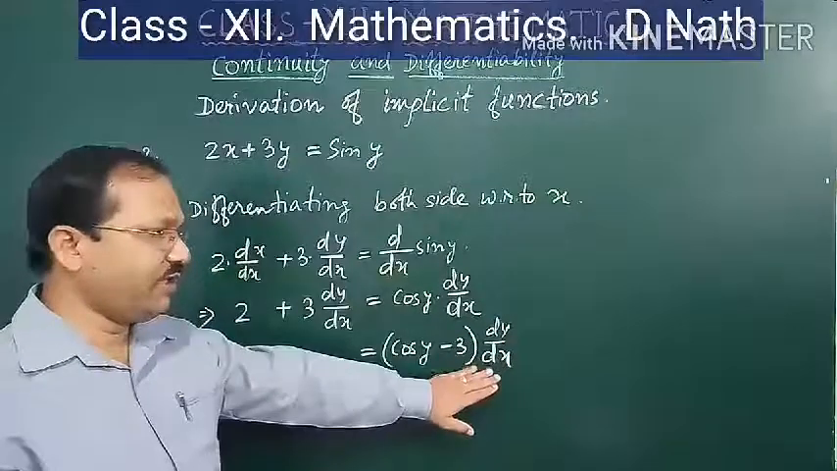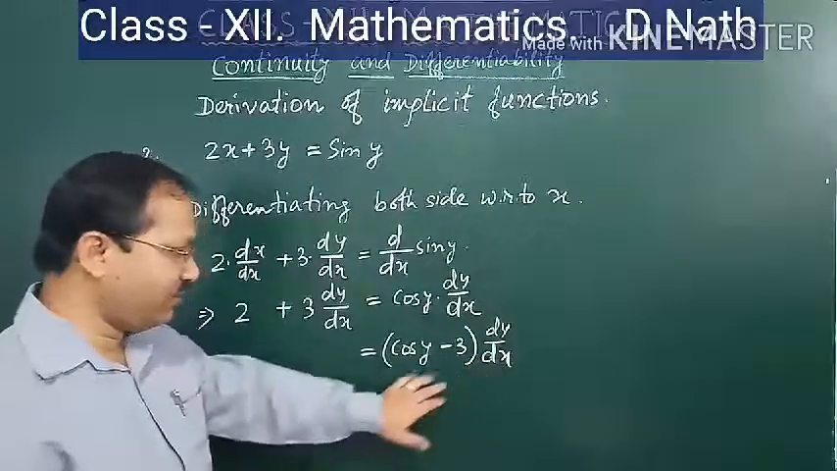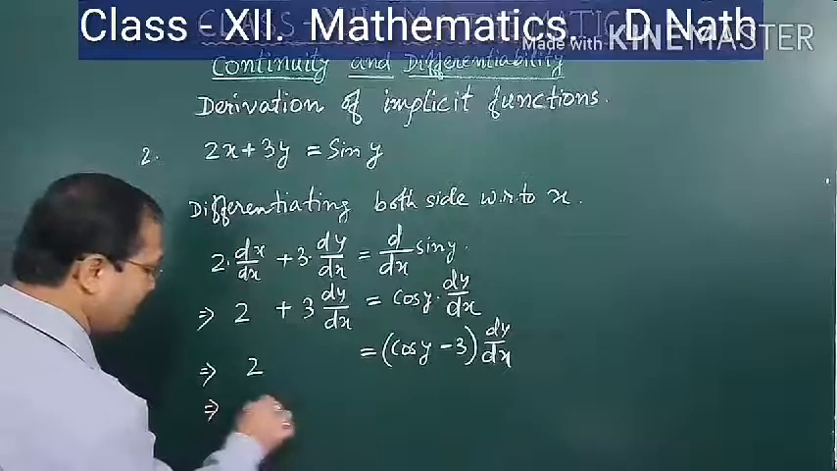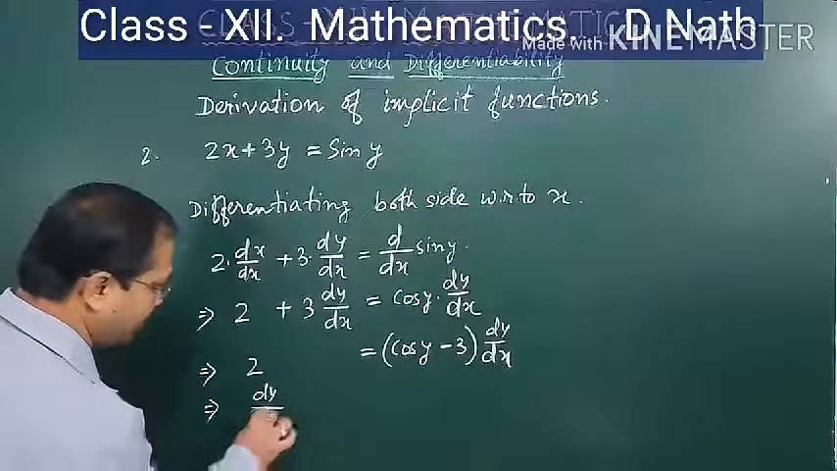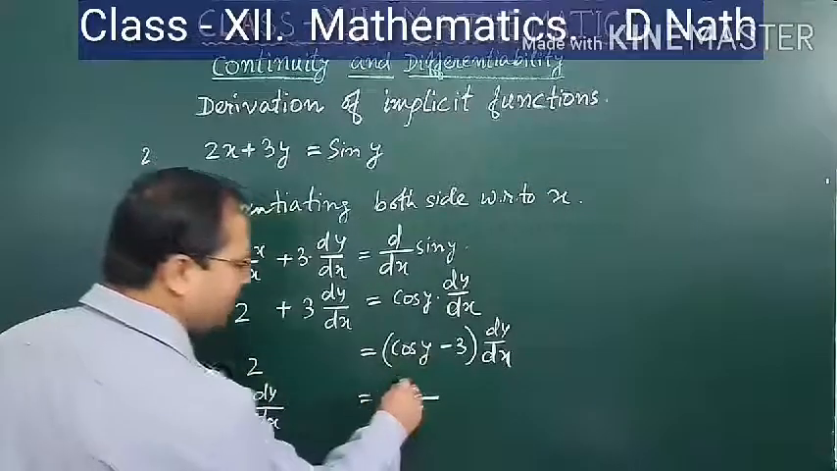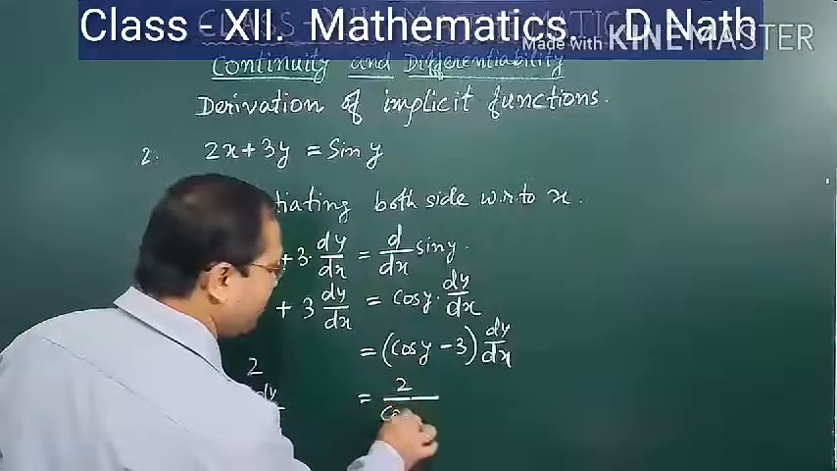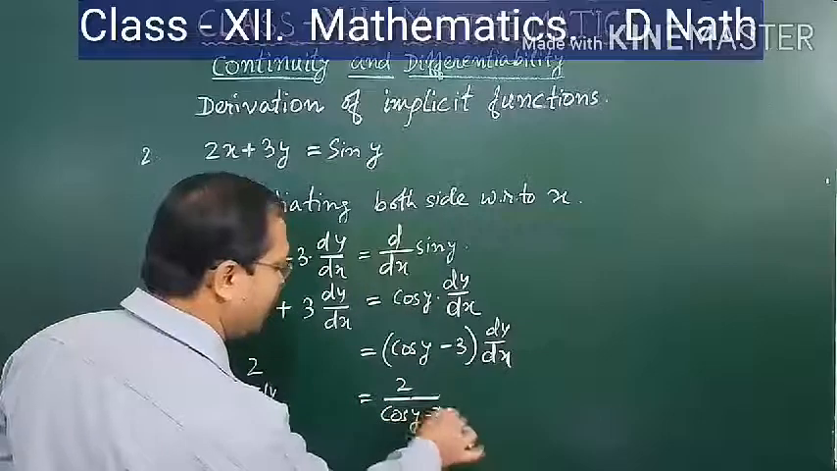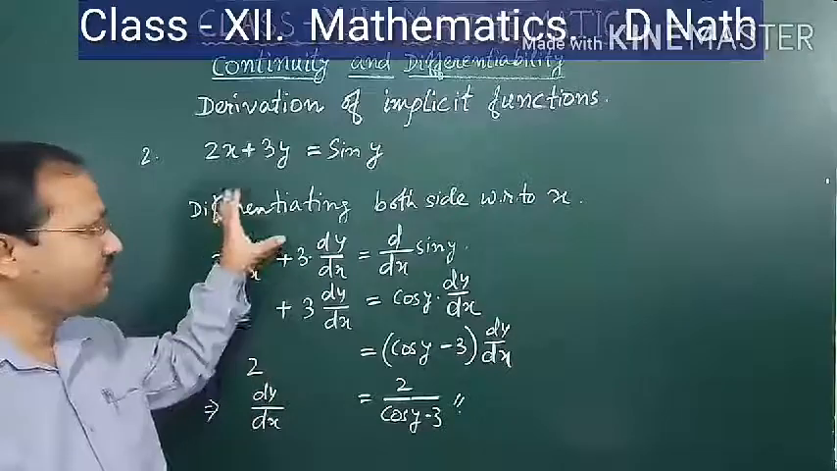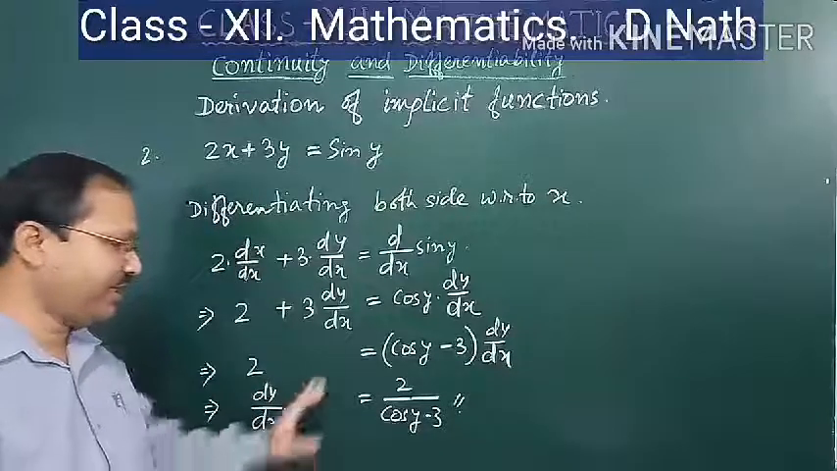So now from here, can we find dy/dx? Yes, so this will be divided by this one. So dy/dx can be written as dy by dx is equal to this one by this one, means 2 by (cos y minus 3). So this will be the differentiation, we have found dy/dx from this